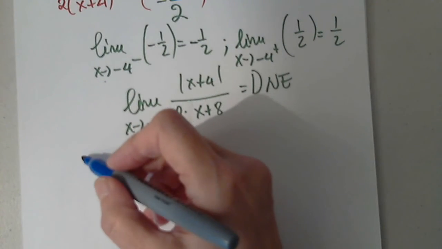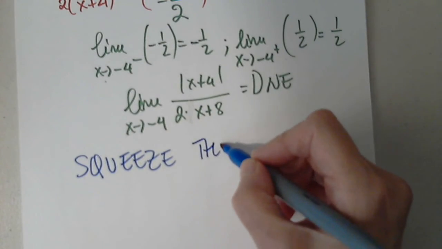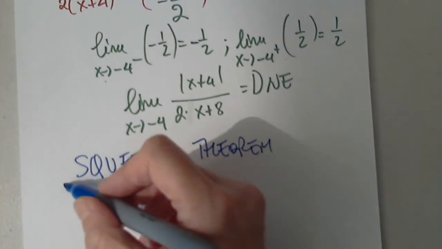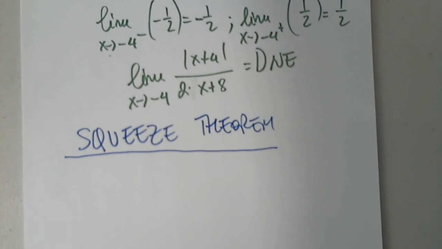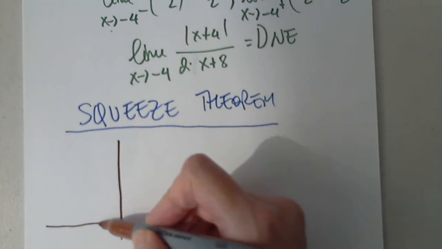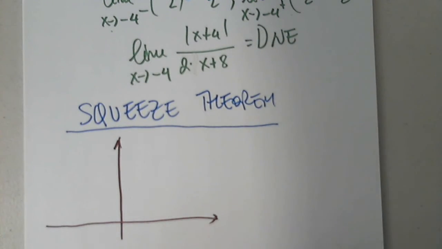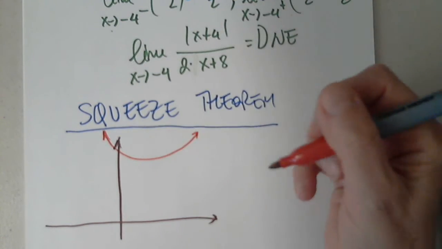There's a theorem called the squeeze theorem. Because in certain situations we will have a hard time applying anything that we studied: factoring, rationalizing, simplifying, etc. So here is a situation. Let's suppose I have no algebraic way of determining the limit. And I have a function, let's say this function is this,